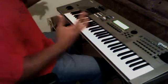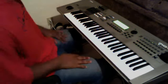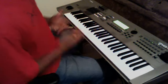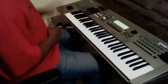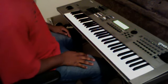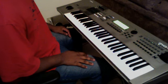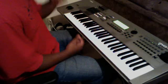So they both share the same tritone, which is E flat and A, or A and E flat. So what I do is I simply just throw a tritone in there. Instead of going back to the 3, I just use that B to approach that B flat. And the trick of it is that whatever the chord,